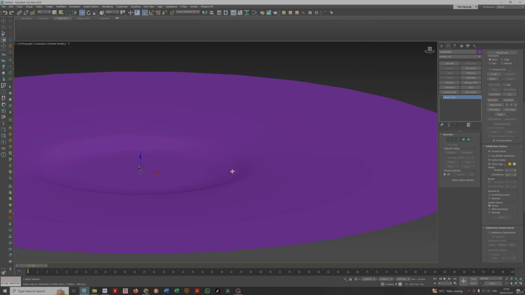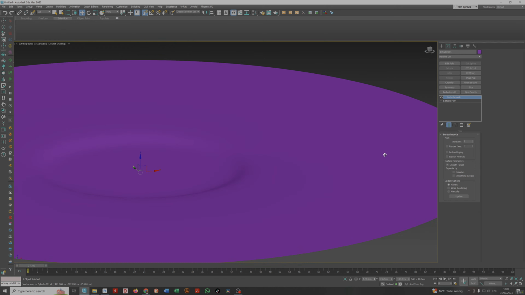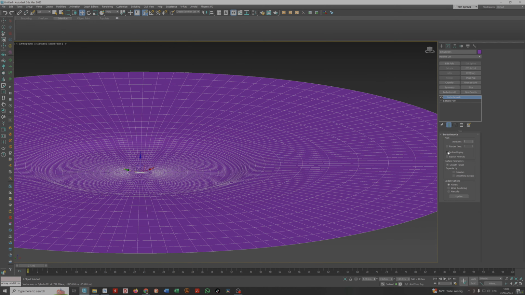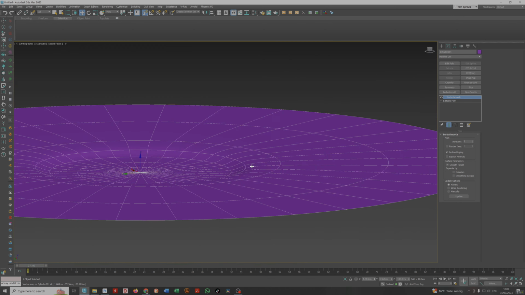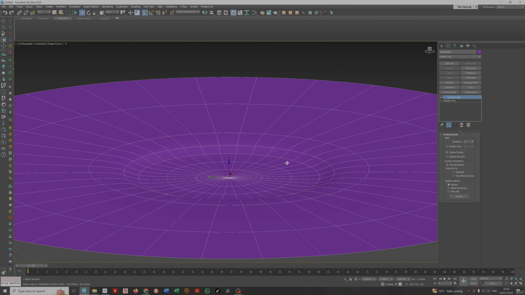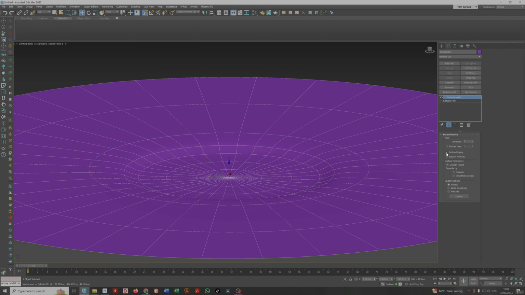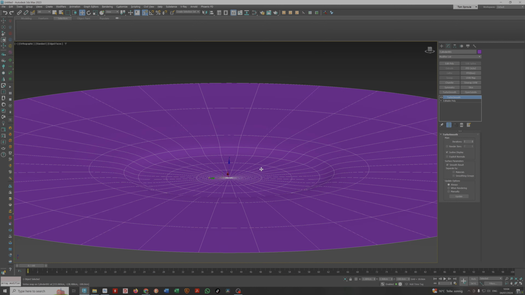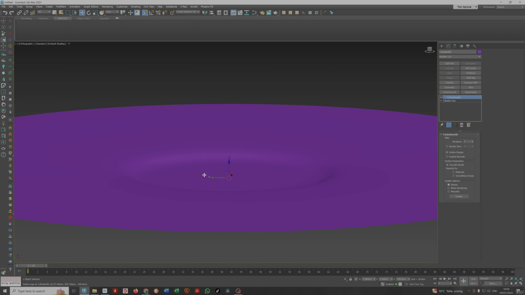Okay. We can also put a turbo smooth if we want this to be a bit smoother. And if I press F4, you can see I'm going to put isoline display on, just so if I do go into this mode here where you can see all of the edged faces, then it's not too many, you know? It's not like overwhelming the scene. So, all right. So now we've got a basic, I mean, it's not a beach, but we have a basic scene and we've got a 10-meter diameter across here, roughly,